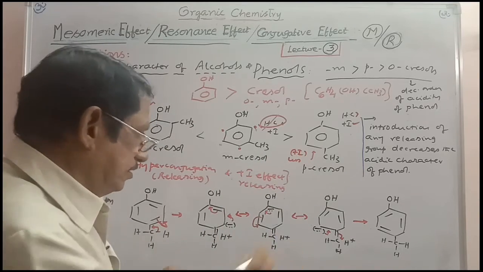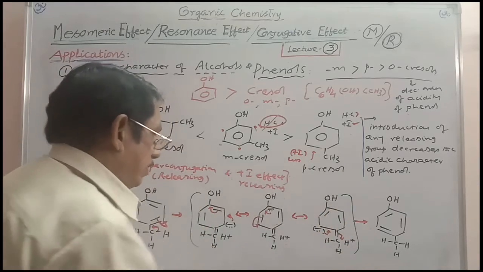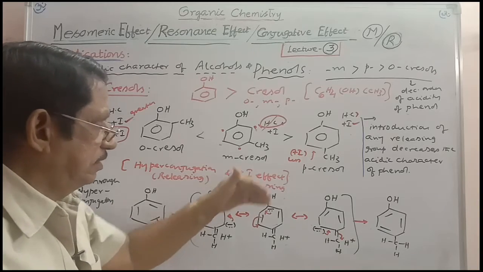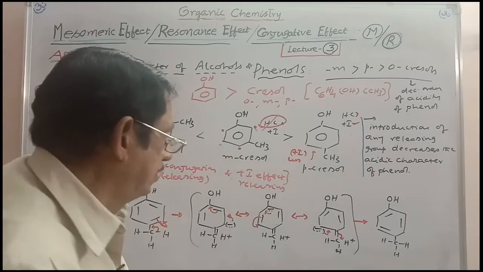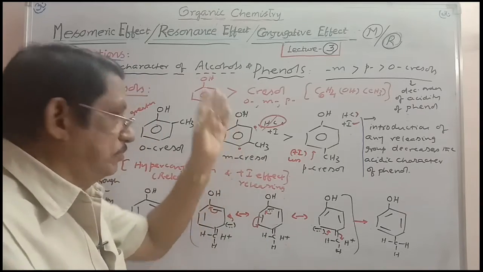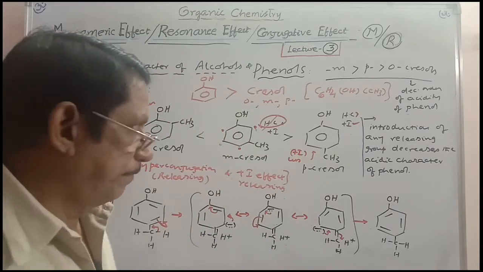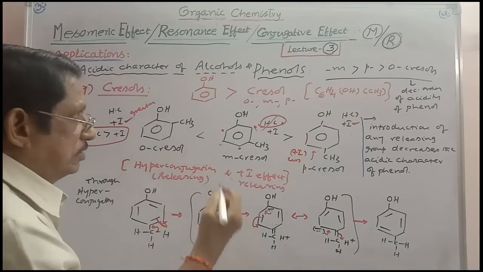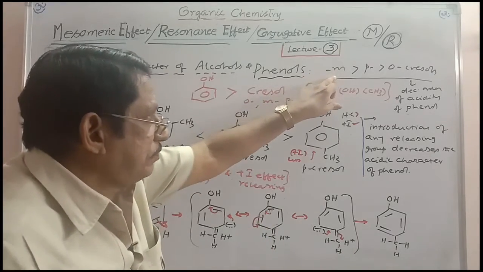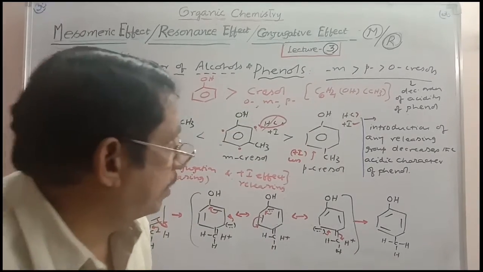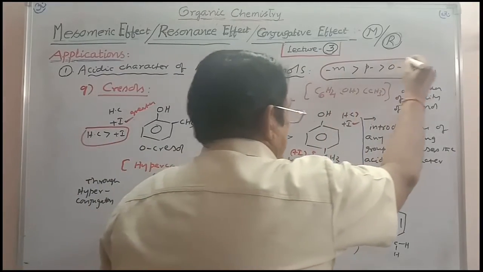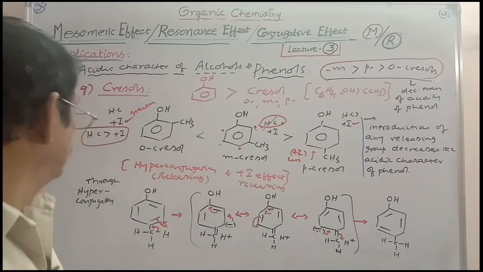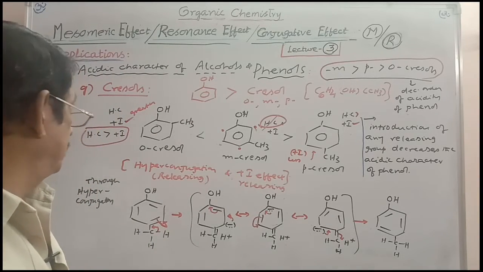And so, this is the way of writing the resonance forms in the case of toluene or paracresol, or you can write in the orthocresol, same type of resonance forms will be obtained. In the meta position, you will not get the positive charge in the carbon to which OH is attached, and so it is not operative. This is the explanation you have to give. Cresol is also more important, and here you have to take into consideration metacresol is more acidic than paracresol. Paracresol is more acidic than orthocresol. That is more important sequence. Don't forget. One more application that is considered, that is also important. Please note it.